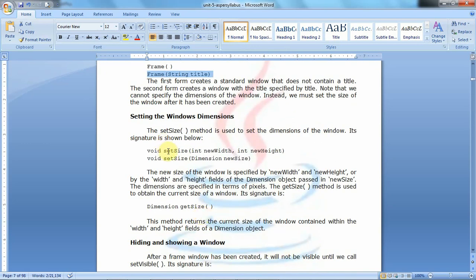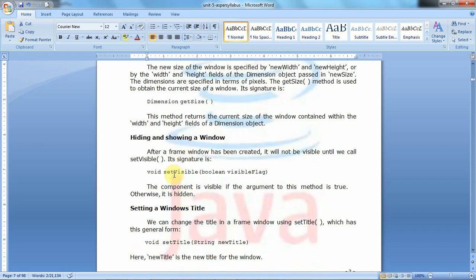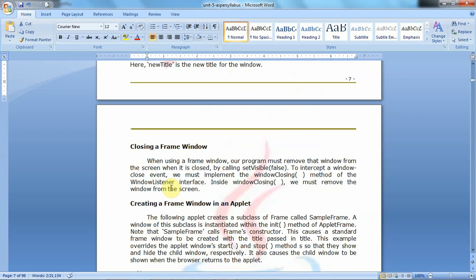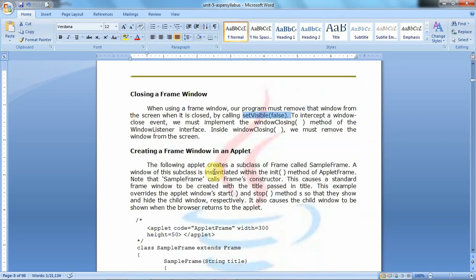Then for setting the size for the window, we have set size. Then to make that window visible to the user, we need to execute the set visible method by passing the parameter true. Suppose you want to close the frame window, then we need to execute the set visible method by passing the parameter false. So these are some important methods of the frame window.